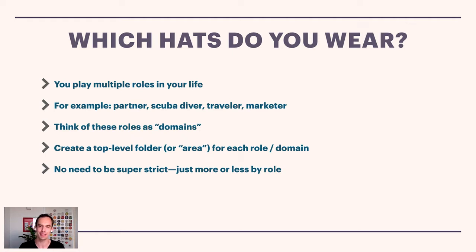For those of you using Things 3, top level organization is called areas, right? In OmniFocus, the terminology would be folders. And so create a folder or an area for each kind of role that you play, for every hat that you wear. So for me, I like to go scuba diving, and I often combine that with traveling. So I kind of have a travel/diving area. I plan my trips in there and stuff like that.